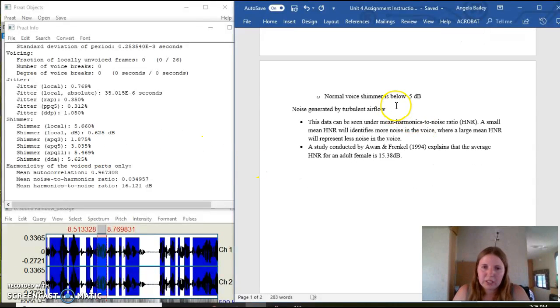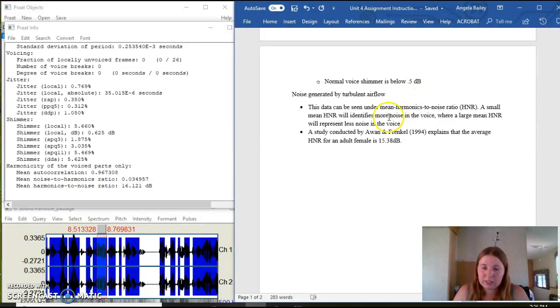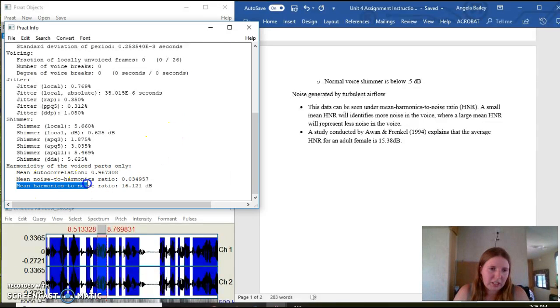Noise generated by turbulent airflow. So this data can be seen under the mean harmonic to noise ratio, which is down here at the bottom of my screen. So what I have shown, my harmonics to noise ratio is 16.12. According to Awen and Frankel, the adult female average should be 15.38. So I am still within normal limits